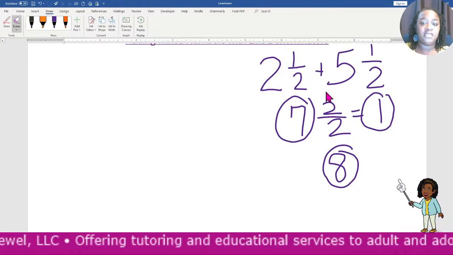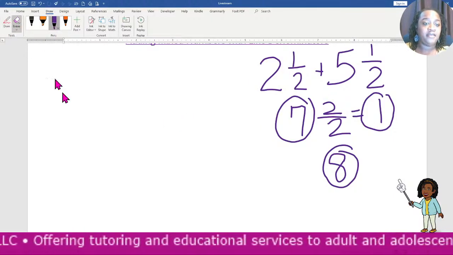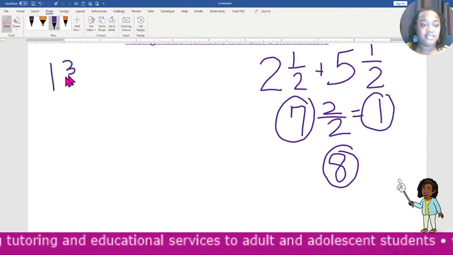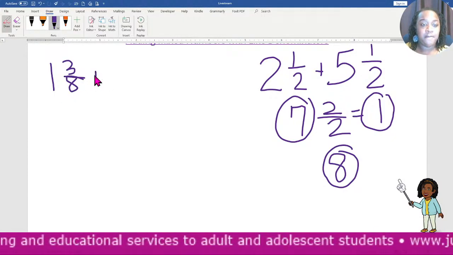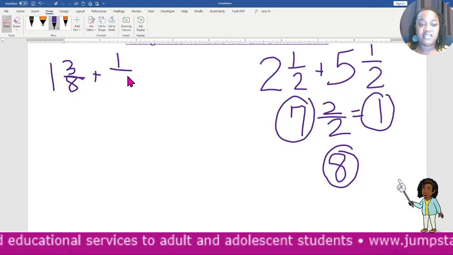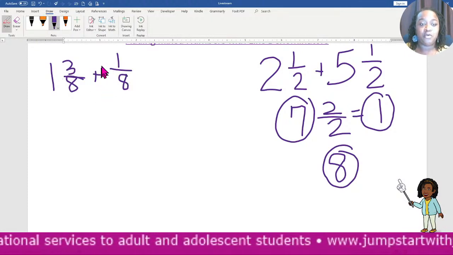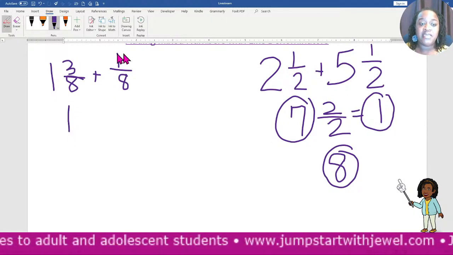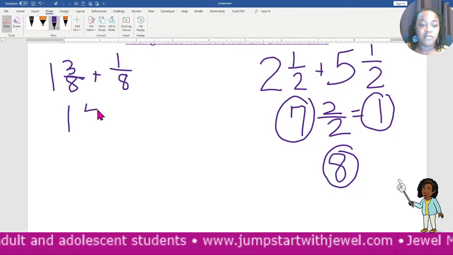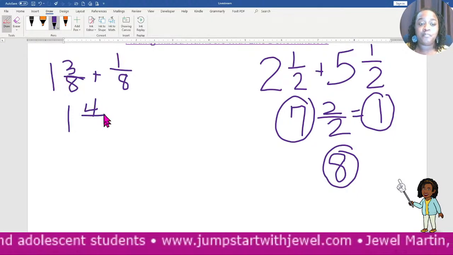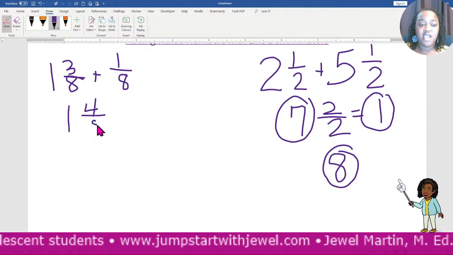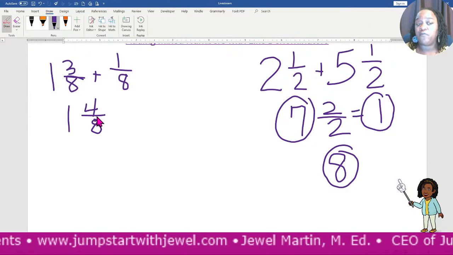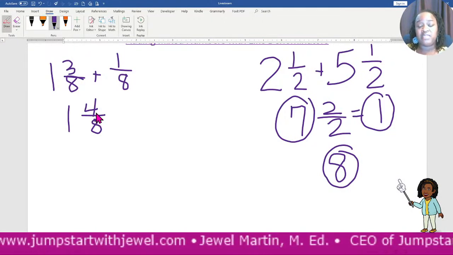So for instance, if I had 1 3/8 plus 1/8. There's no whole number here. I just have a 1 here. So I bring that 1 down. Now I add my numerators. 3 and 1 is 4. And then the 8 is the denominator. 1 4/8. Now, if you know anything about fractions, you know anything about factors, and I always tell my students,